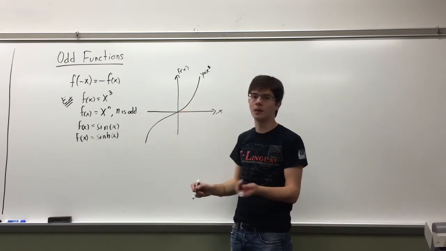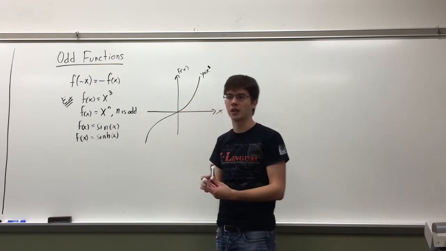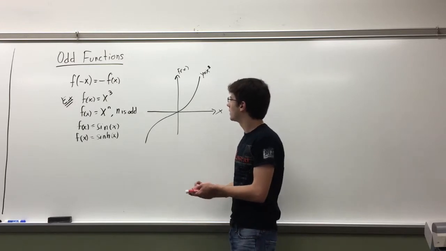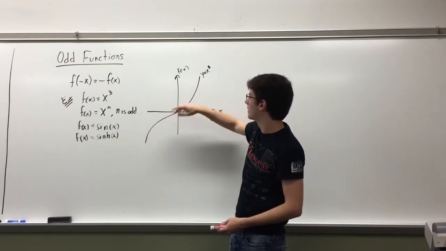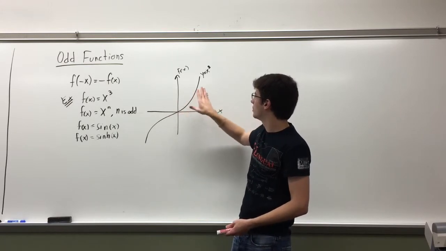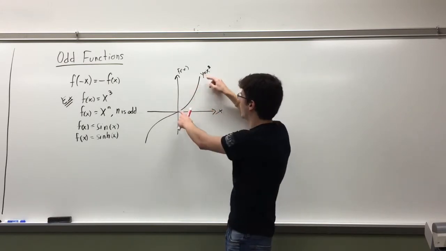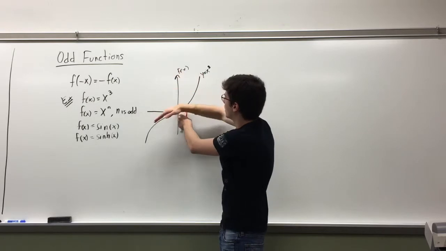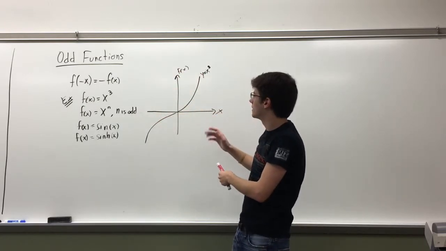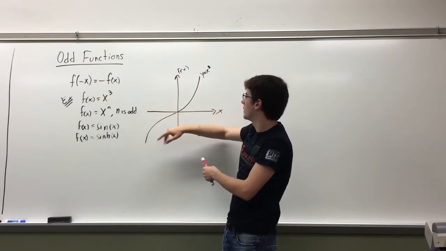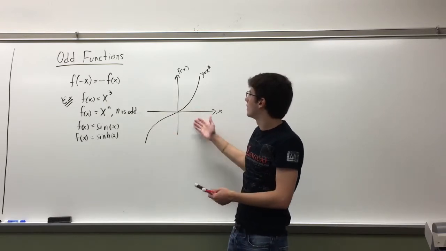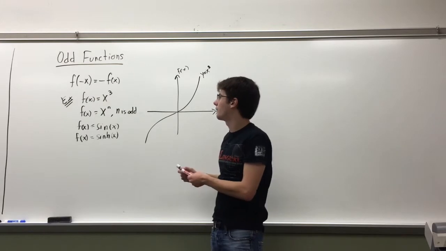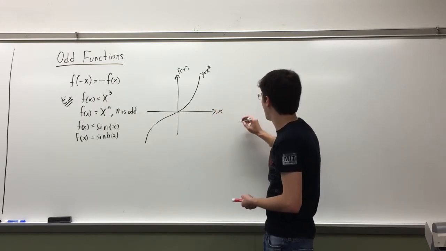And another way to think about it that our professor mentioned in class is that you could stick a pin and spin. So you pick this point right here and you spin this 180 degrees, and it's going to be in the same position in the third quadrant. So this is an example of an odd function, or another example would be